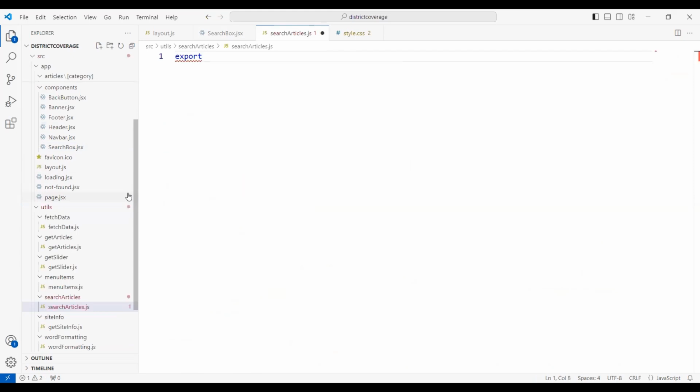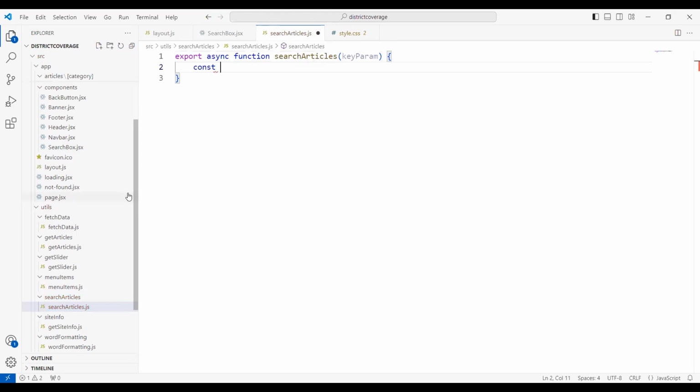We'll write export async function search articles, and then we will use the keyword. So let's say key param,